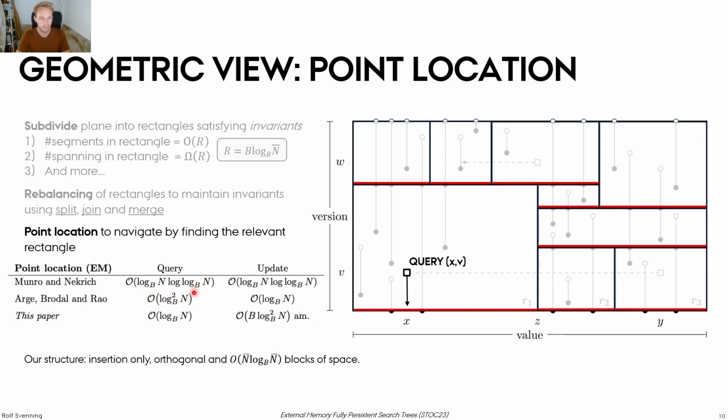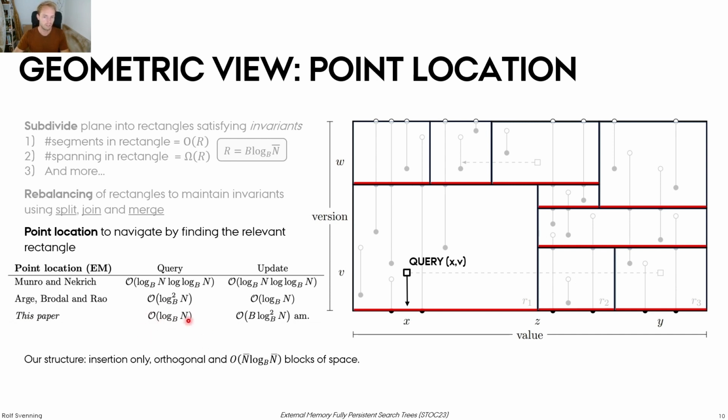Another reason why it's not obvious that we can use existing structures is that in our setting, even though it looks like a nice geometric problem, it's a little bit of a weird geometric problem, because one of the axes is not nicely ordered. It's ordered by this pre-order traversal of the version tree, all the versions here. But nevertheless, we devise a special point location structure for our setting with very fast queries,